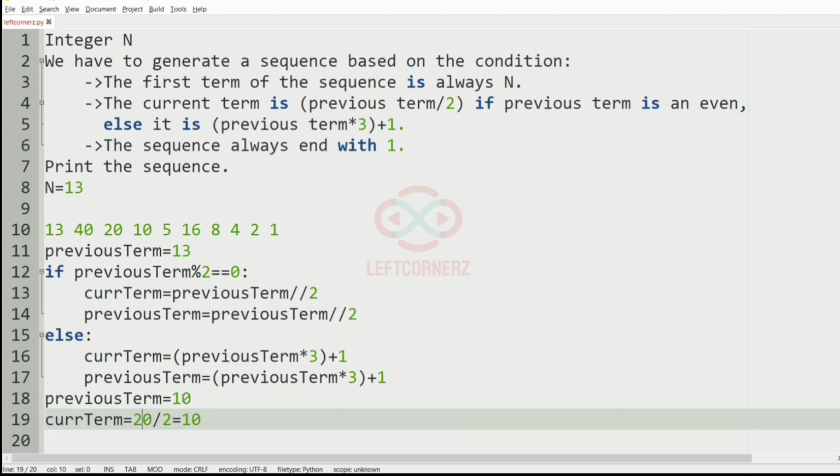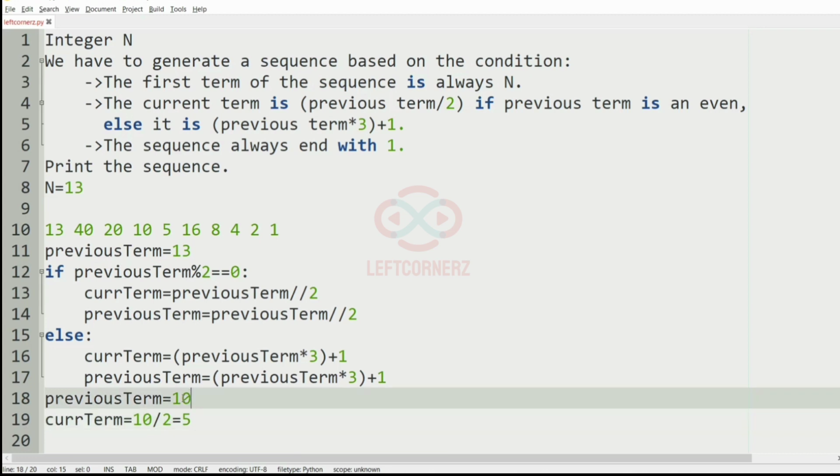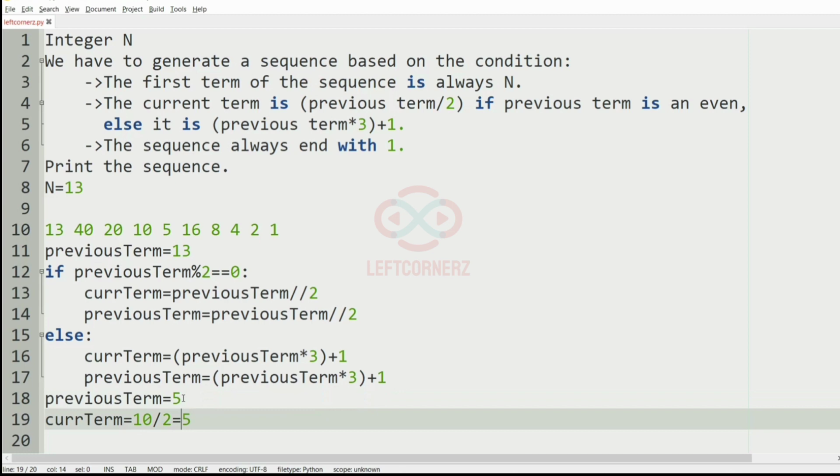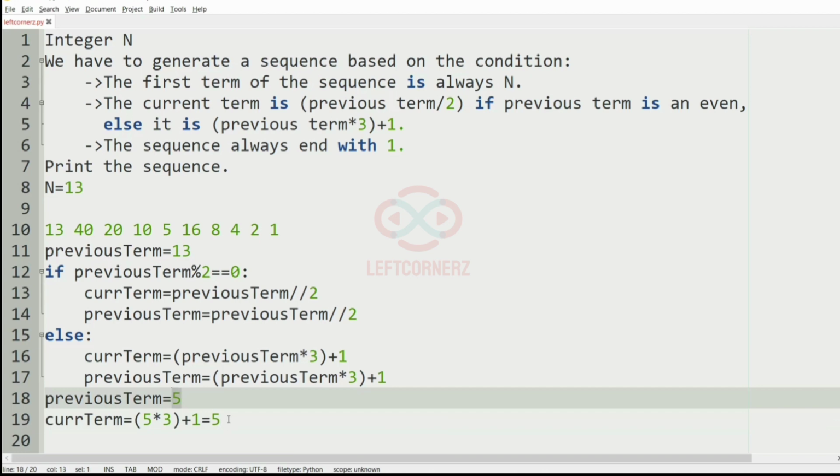Since it is an even number, it will be divided by 2, and after that we'll have 5. Now 5 is an odd number, so we have to calculate the current term as 5 into 3 plus 1, that is 16,